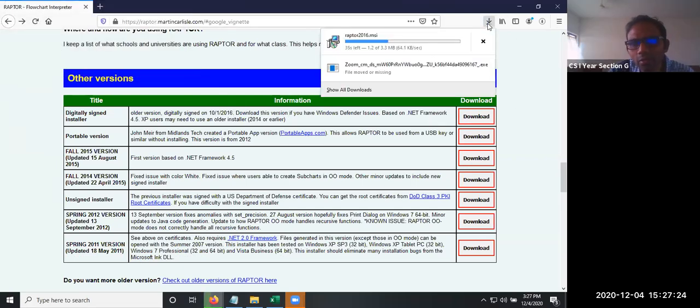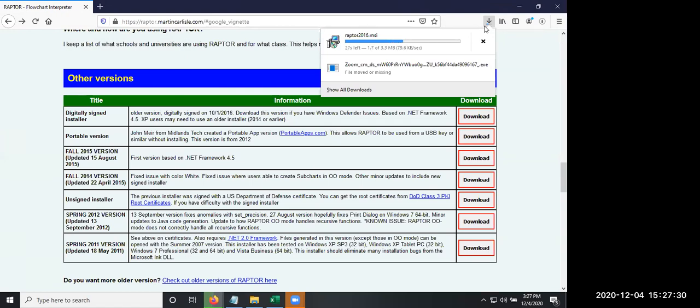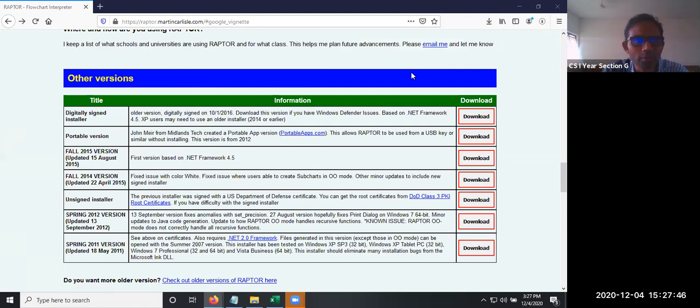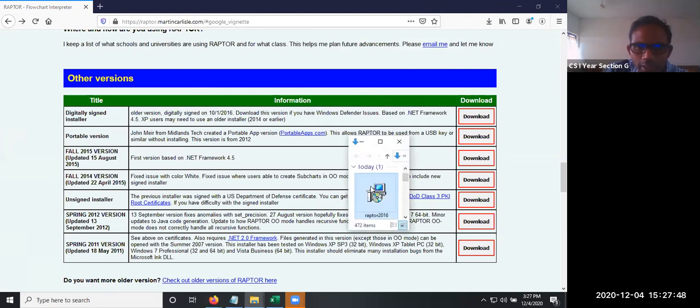You will be getting the download. Yeah, digitally signed installer. You use the first one. Click on the download button, first one. Then after downloading, install it.